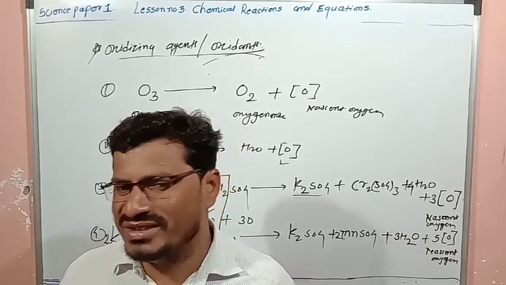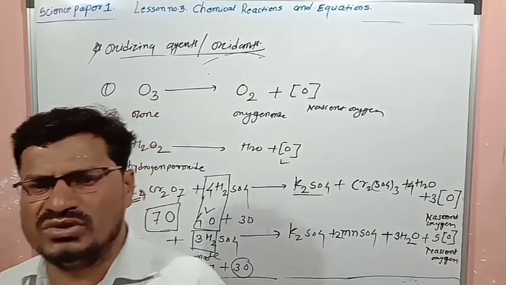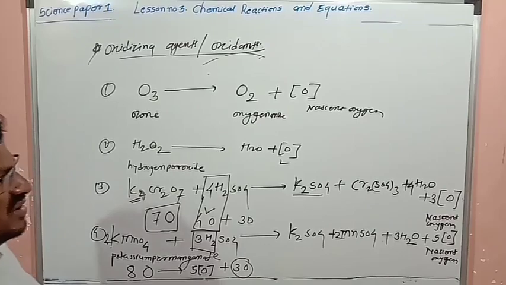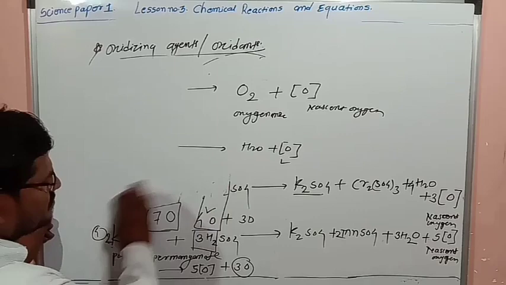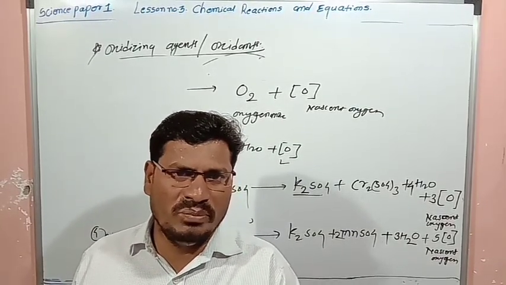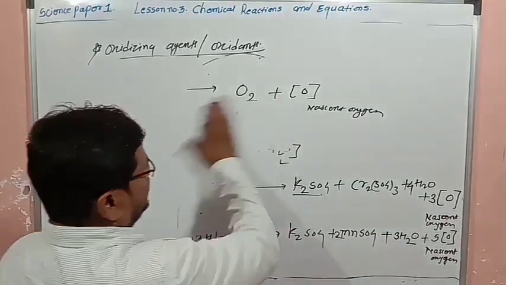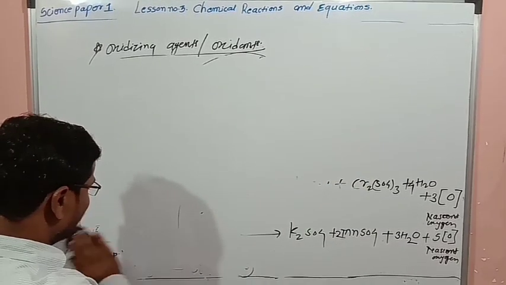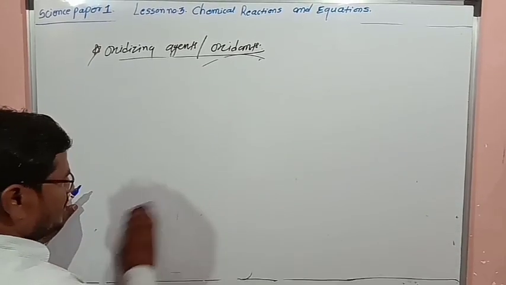In that, 2-3 questions are asked. So the first question is, which oxidant is used to purify the drinking water? In the purification of the drinking water, chlorine based oxidizing agents are used, and you are using Medichlor also. Also you can use bleaching powder for cleaning the drinking water.